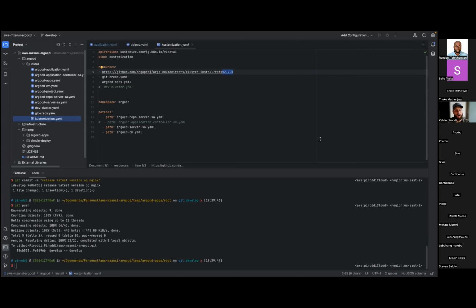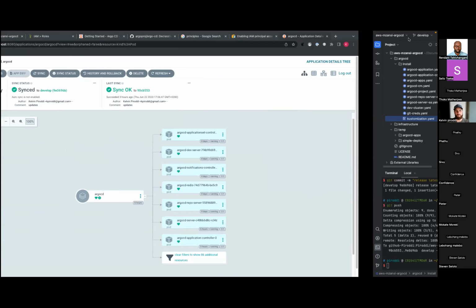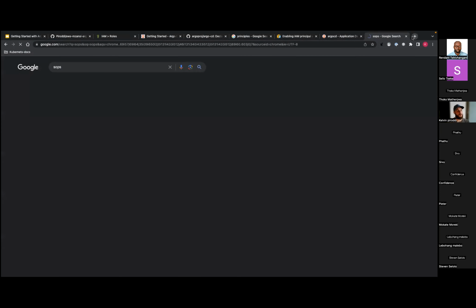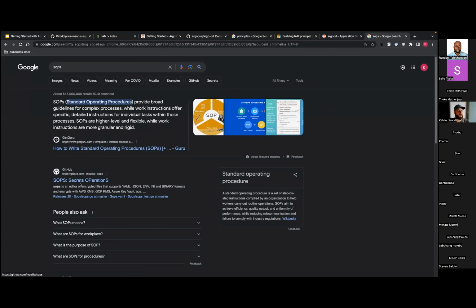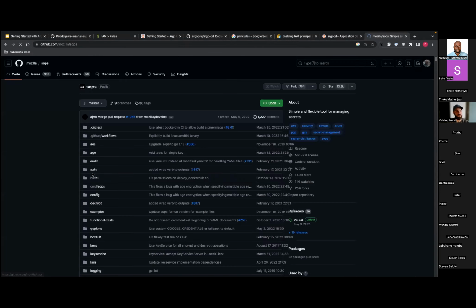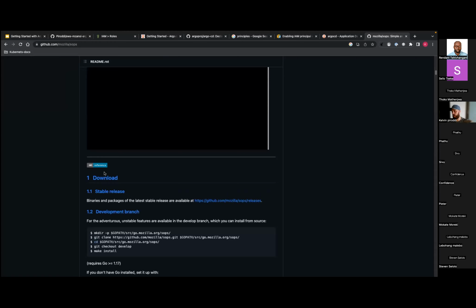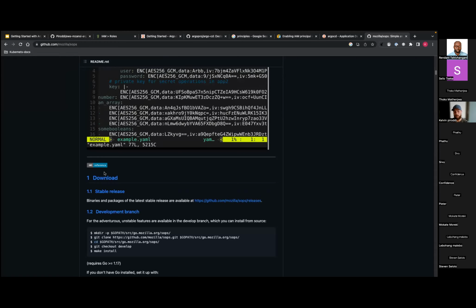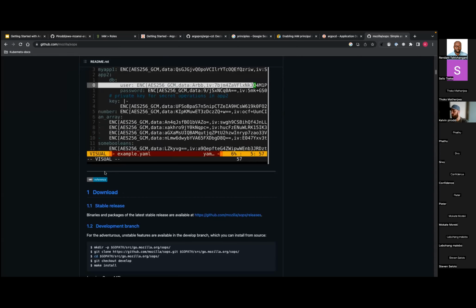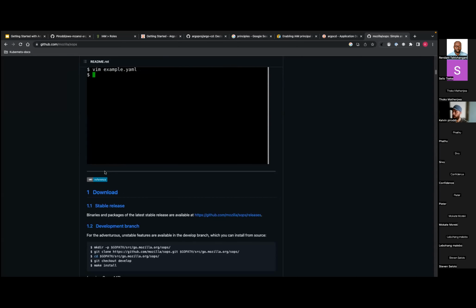So there's a tool called SOPS, which you basically can use to encrypt any file, and then you push that to Git, and then you give ArgoCD access to this key, which encrypts your file, and then ArgoCD on the fly knows how to decrypt the file and then apply it.